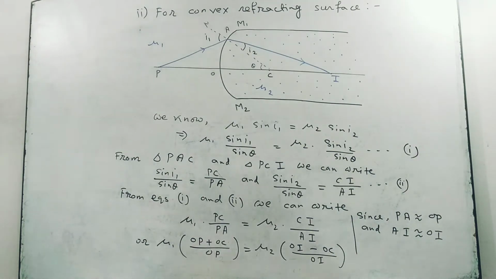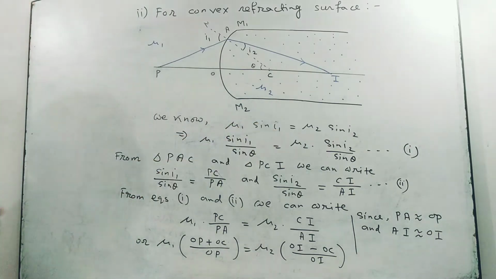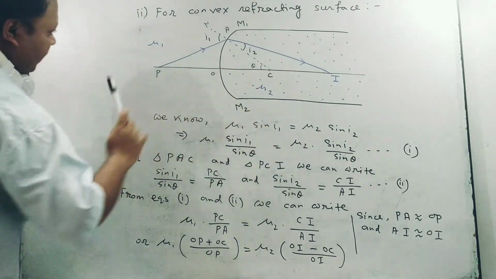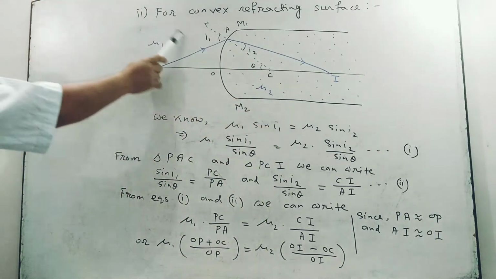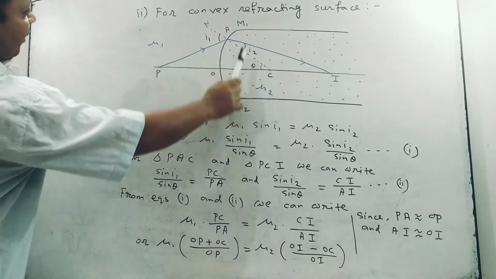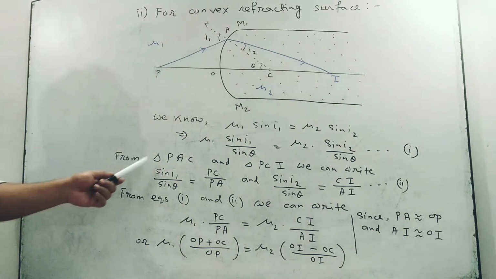We know from Snell's law, mu1 sin I1 is equal to mu2 sin I2, where I1 is the angle of incidence and I2 is the angle of refraction, mu1 is the refractive index of the surrounding, and mu2 is the refractive index of the refractive medium. Now from triangle